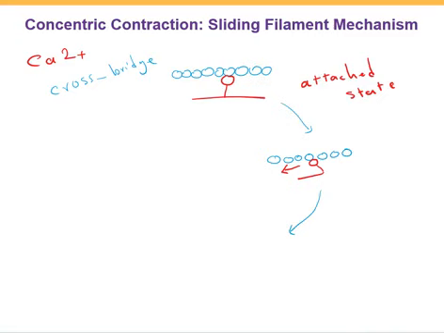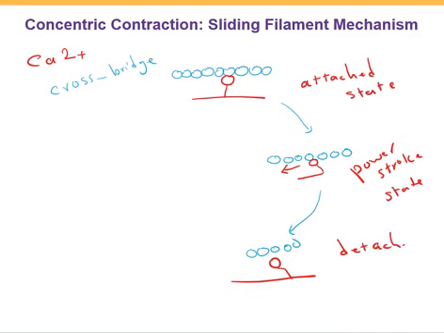So let's name this step the power stroke state, when the myosin is gonna move the actin filament toward the center. That is getting a little bit tired, and then right now the ATP is gonna be attached to the myosin head and says, you know what, you need a little bit of energy. Let's be detached from this actin molecule. So right now, then it's gonna be the